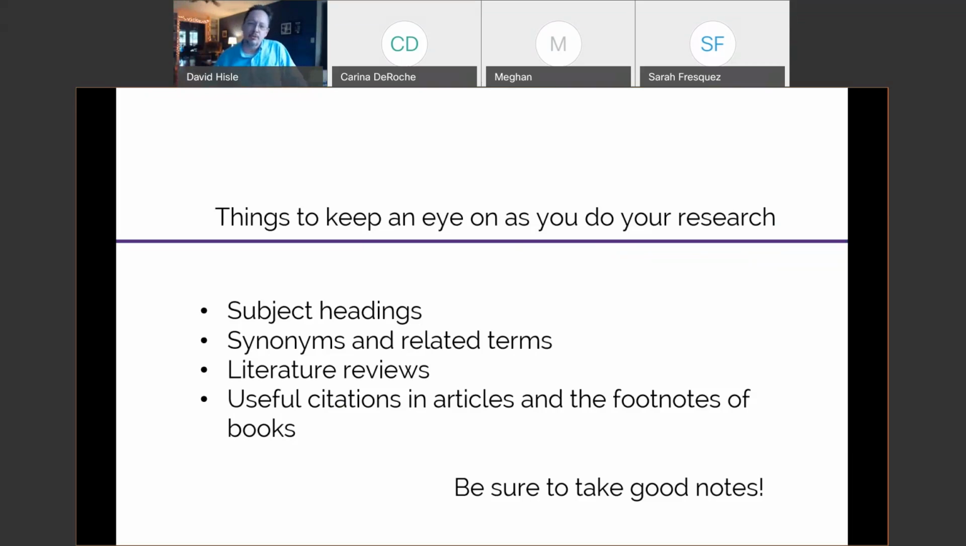There are literature reviews in the scholarly literature. Some literature reviews, their purpose is, on a very narrow, very specific topic, they go out and they find everything that's been published on that topic, and then they write up a report on that. Those can be terrific places to find